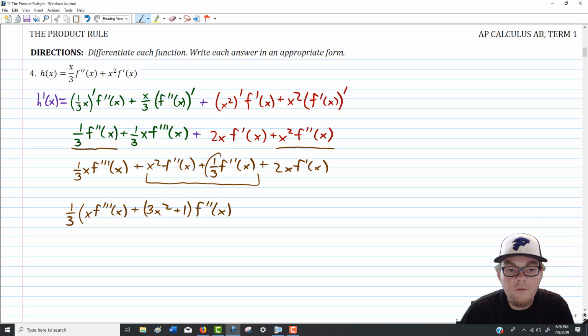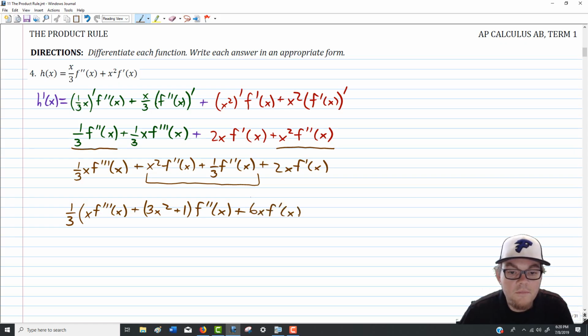And again, my thought process was when you pull out a 1/3, you divide by it here, so we get a 1, f double prime. Over here, we had no 1/3, so x squared over 1/3 is 3x squared. And then both of them have a GCF of f double prime, so I pulled that out in front as well. Finally, we had a 1/3 that came out, so this becomes 6x